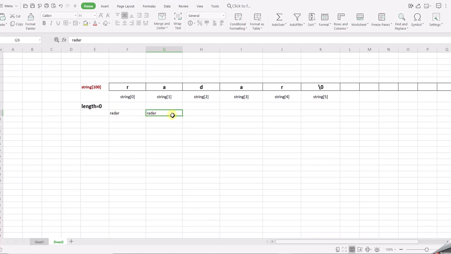It still spells the same, radar. So such a kind of string is called a palindrome. Another example is mom. If you read it from this side, it is still going to be the same, mom. So such words are called palindrome strings.